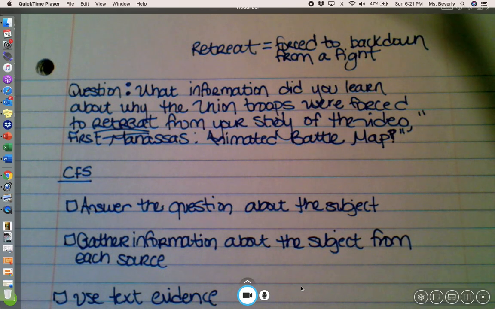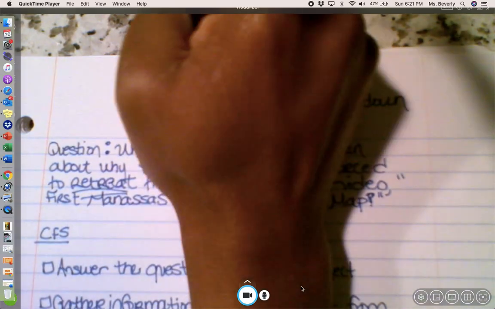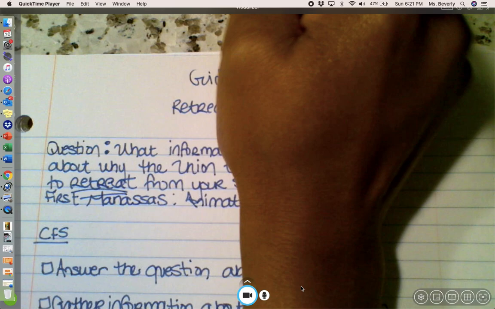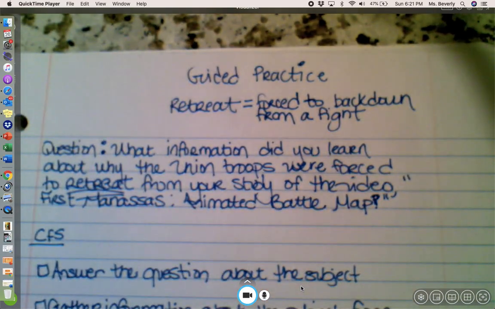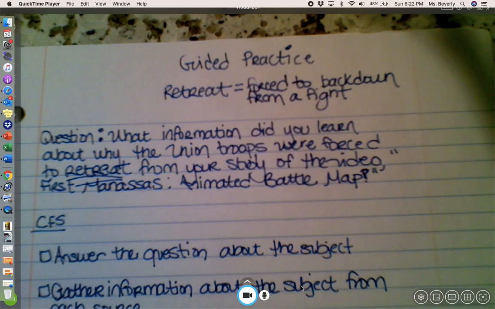All right, so this is going to be our guided practice where I walk you through the first part of the classwork, and then for the second part, you'll do independent practice, and you'll use both parts to complete your exit ticket. Okay, so it's very important that the information I'm about to give you and the things that I do here are going to be copied down on this paper that I have, and that you use it